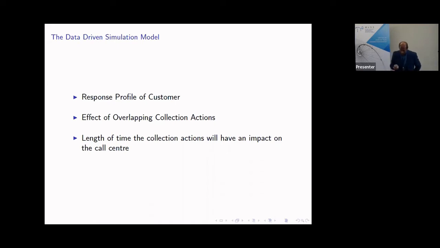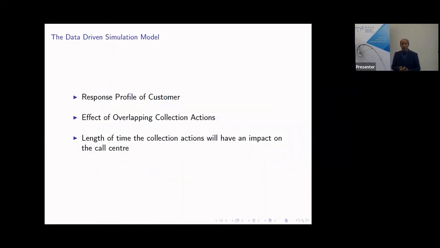So you are sending SMS today, but 2 days ago we also sent SMS 1 to some people, and SMS 3 is also automatically going out to some of the people who failed to make the payment arrangement. So you are making a decision today, and some calls come to the call center because of the SMS you sent today, but some people are calling because of your action 2 days ago. So this is overlapping collective action, and that's something we have to study very carefully as well.